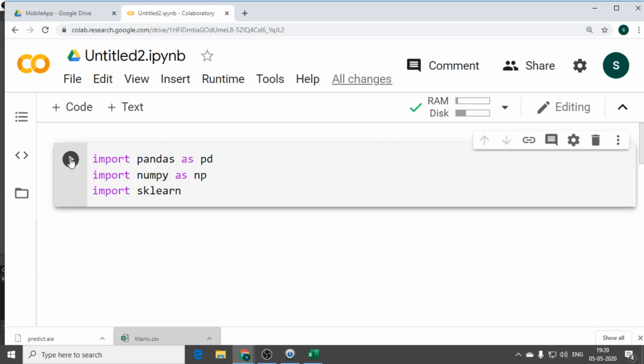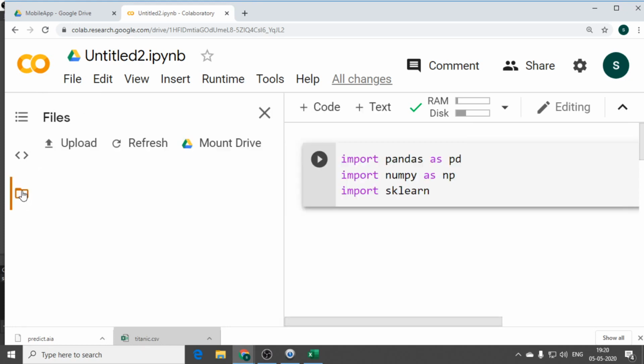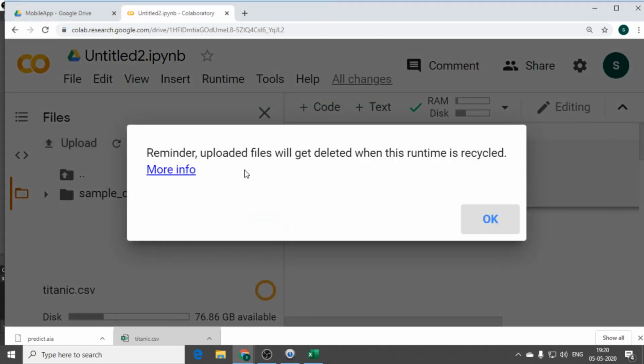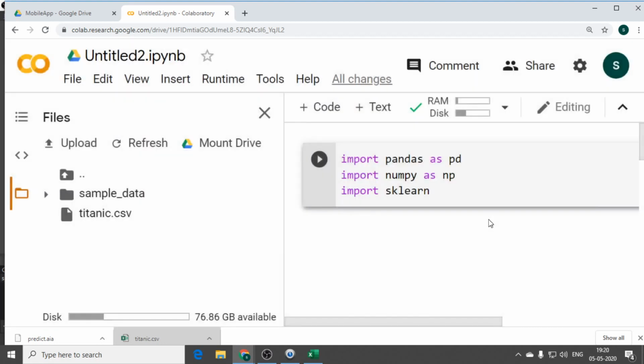Right? Just upload the data set first. You can see the files option. Click on the files. You can see the upload button. Upload the CSV file. It will give you a reminder. Reminder: uploading files will get deleted. Click on OK. Shift enter to run.